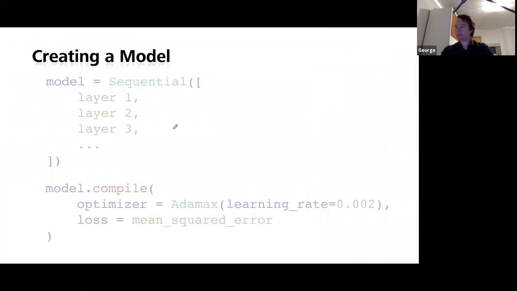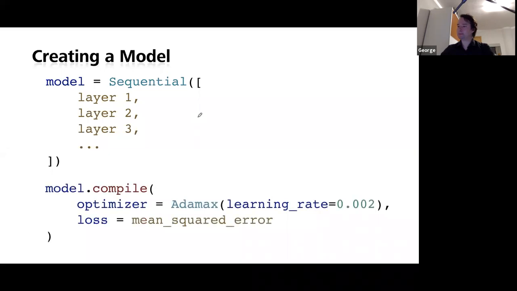So let's see what I did within that thing. There's a sequential type, which means it's a directional graph of just one layer connecting to another layer. There aren't any strange branching nodes or simultaneous layers, like twin layers or stuff like that. A very simple sequential network, and I'm specifying layer by layer. Then I'm compiling it, and for compilation I have to specify an optimizer. Adamax is a good one, with the learning rate of 0.002